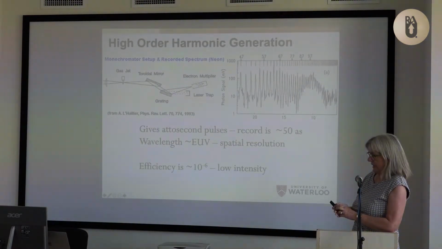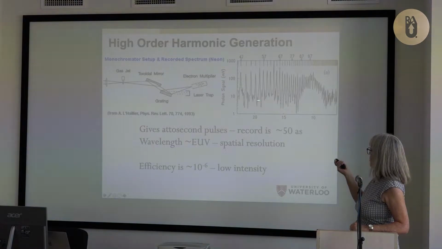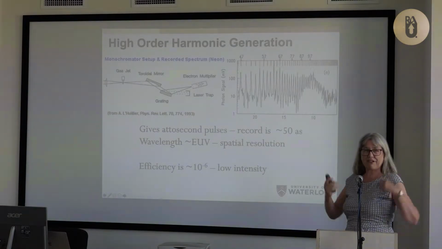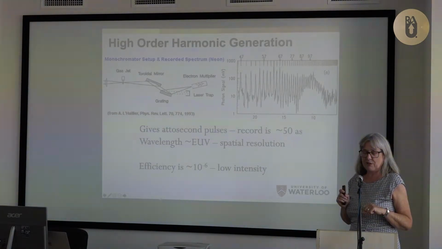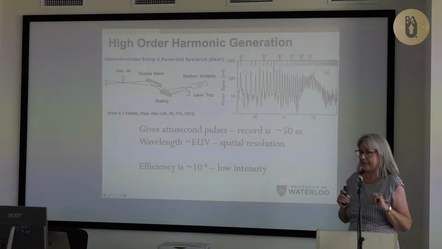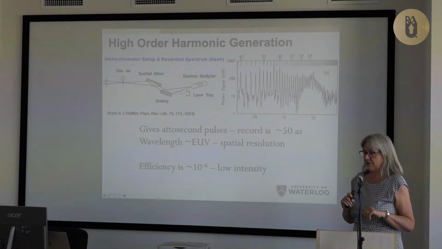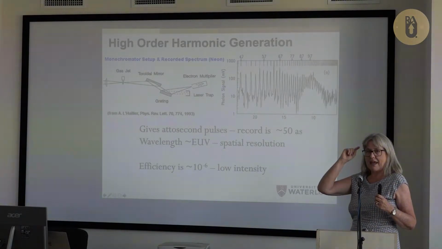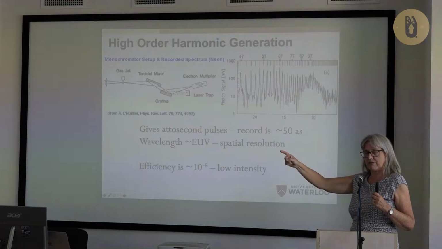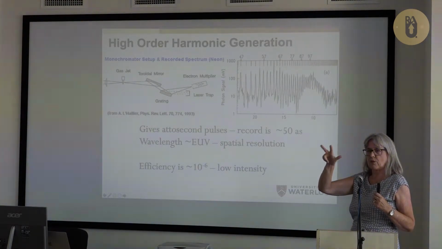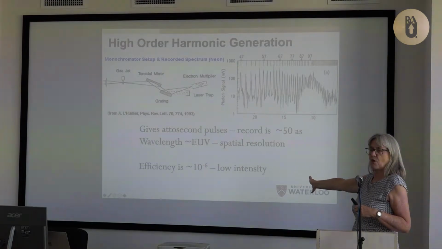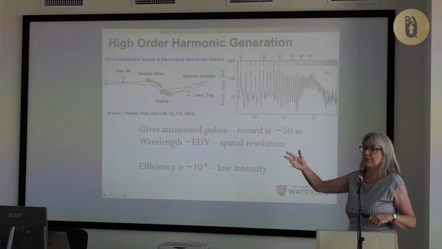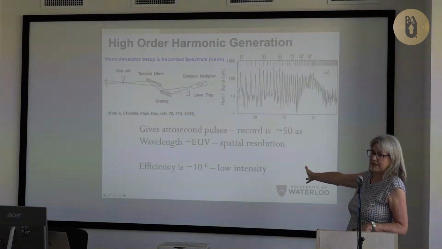But the problem is you'll see that even though you're out in the UV, so we can focus tighter, the pulse is shorter, maybe this is a way, as I said at the very end of my talk, we're looking for that new Nobel Prize winning way to increase the intensity. We're going to have to get out into the VUV, right? So that our pulse can get shorter, we focus the beam down to wavelengths. Every order of magnitude shorter in wavelength or higher in frequency, we get 3 orders of magnitude in intensity. This is 2 orders of magnitude. So we should be up those 6 orders of magnitude that I say we need. The problem is the efficiency of the process is 10 to the minus 6.